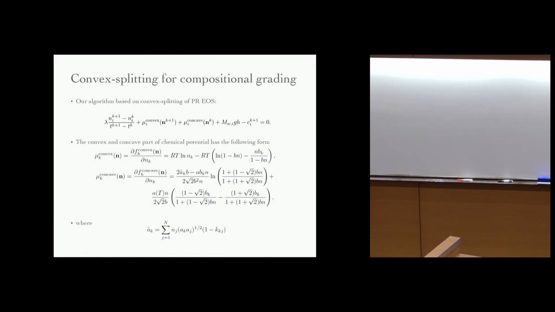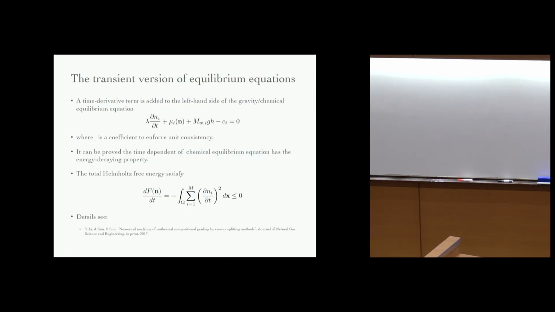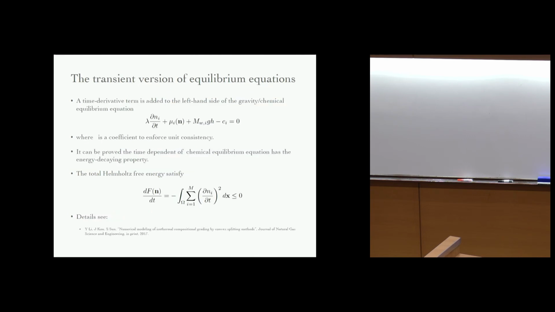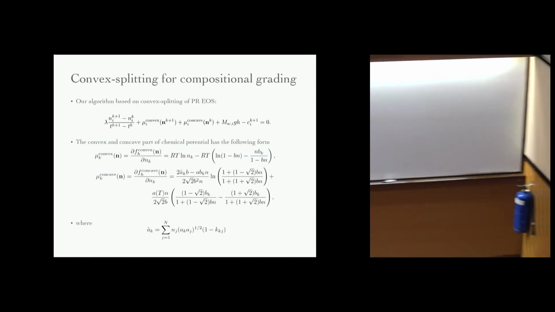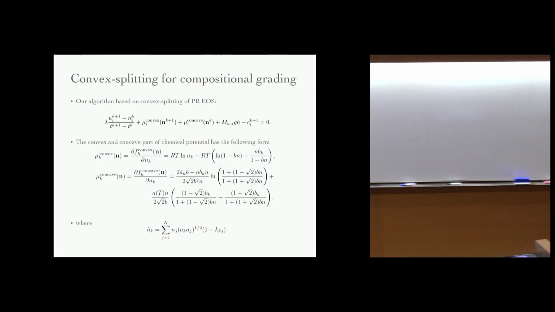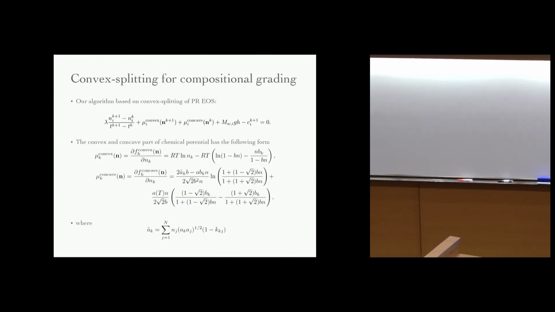Then in the literature, this is actually the first effort at doing compositional gradient by using this Allen-Cahn type equation. Because in the past, people always used many other approaches to either minimize this or to solve this directly. Solving it this way numerically, the good thing is that it's very robust. We can always find a solution because the energy is always decaying. But the time step is something we have to worry about, because it requires to be sufficiently small